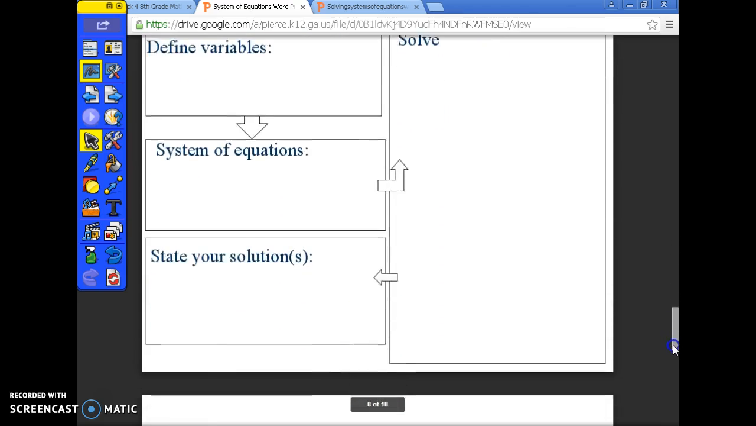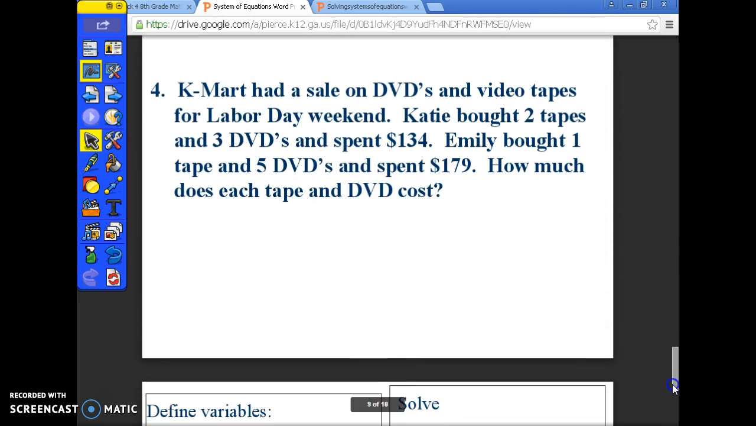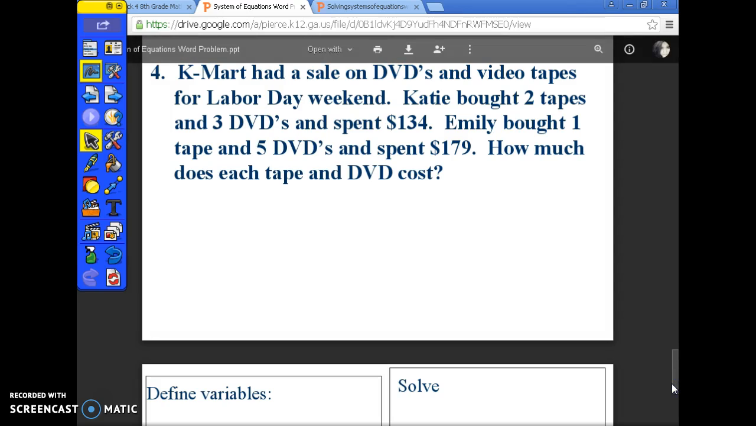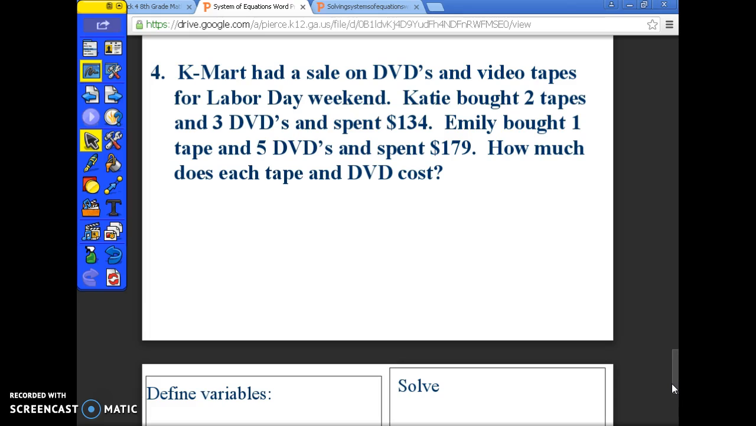For number 4, I have Kmart has a sale on DVDs and videotapes for Labor Day weekend. Katie bought 2 tapes and 3 DVDs and spent $134. Emily bought 1 tape and 5 DVDs and spent $179. How much does each tape and